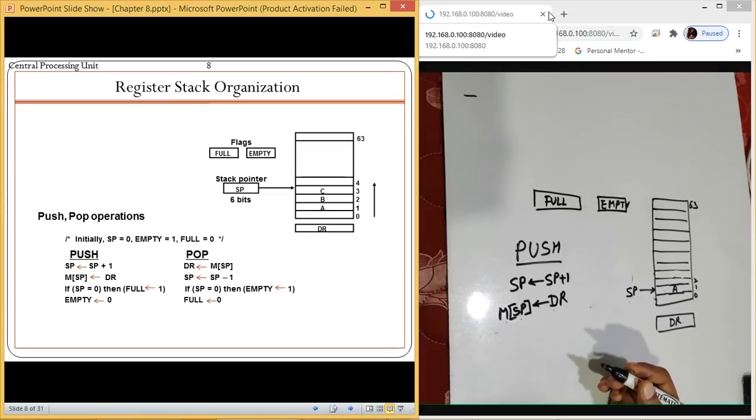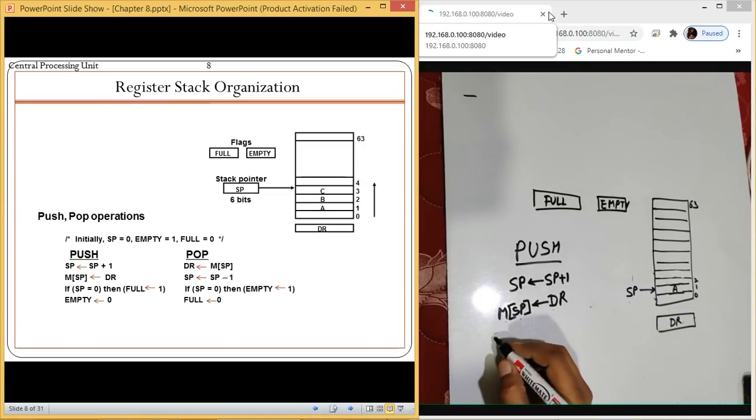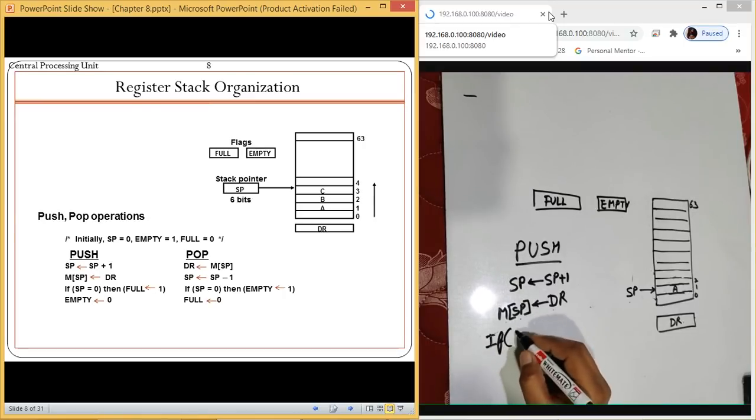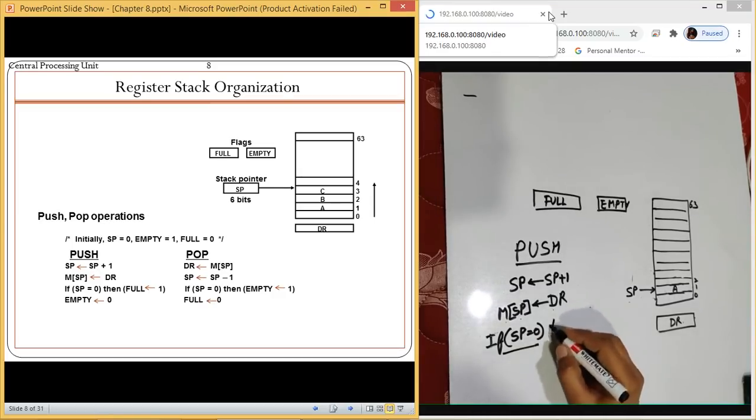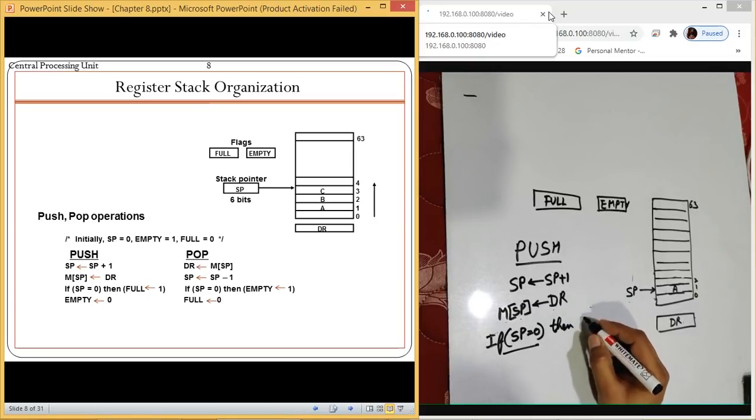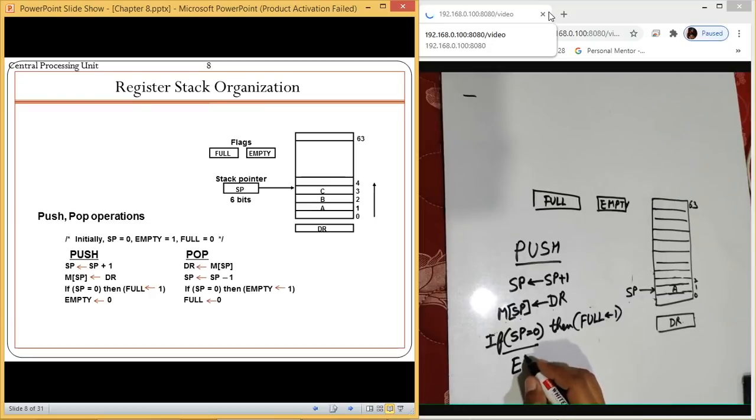So you can simply remember this: if stack pointer is equal to 0, then we are going to put the full value as 1. As discussed earlier, empty can never be 1 when we are pushing the data.